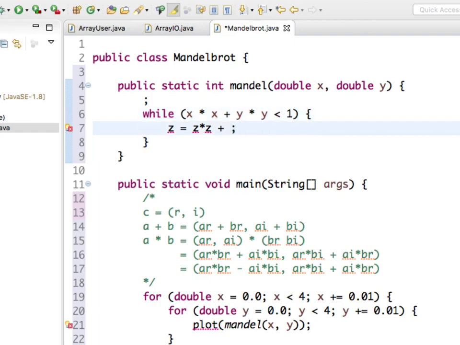Okay, so let's write this out. C is a complex number, so it is cr and ci. And z is my current point, so that must be xy times xy. And this is my new point. Now, I could call this x, but just trust me, it'll cause confusion. So instead, I'm going to call it new x and new y.